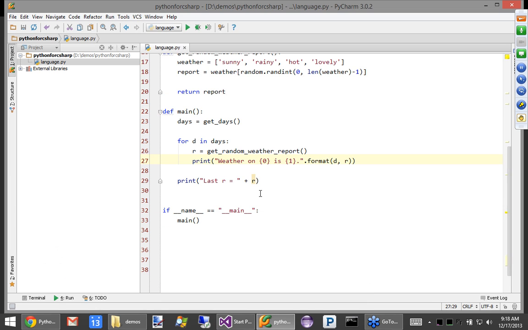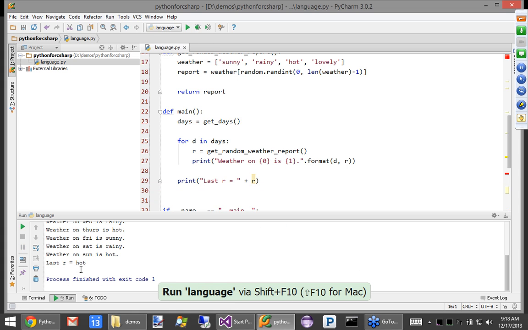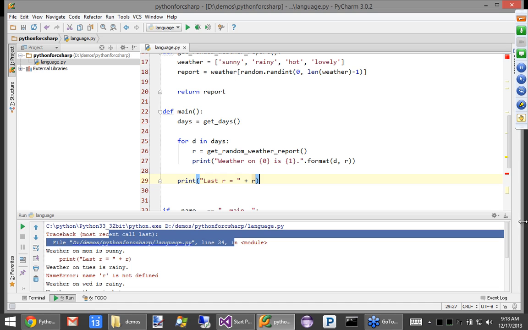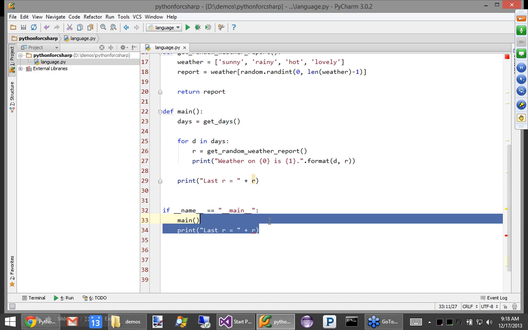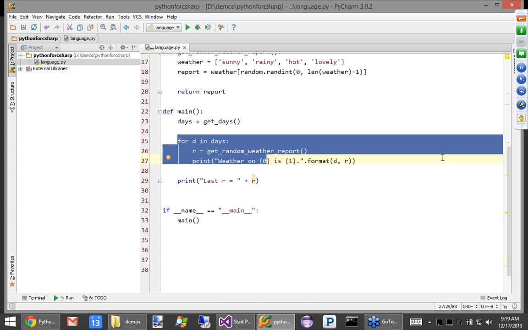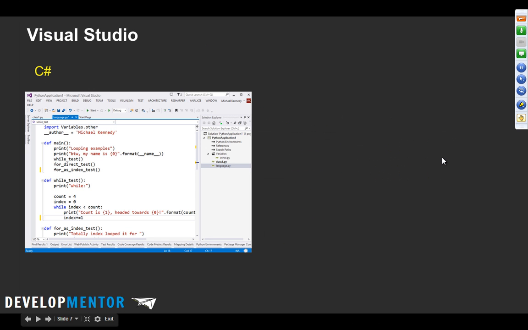So one thing you do have to get a bit of a mind shift around is variable scope and things like that. Down here, outside of this, after main runs, I don't believe it'll work over here. Yeah, no, exited with code 1, which if you scroll up, you can see it's like, no, we don't know what R is. So it's scoped to the method, not to the block. Okay. All right.